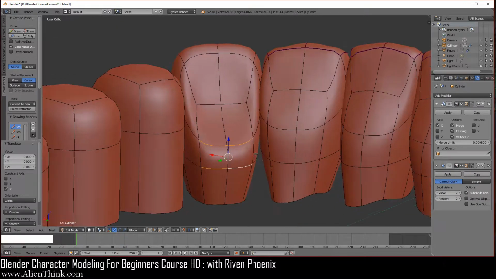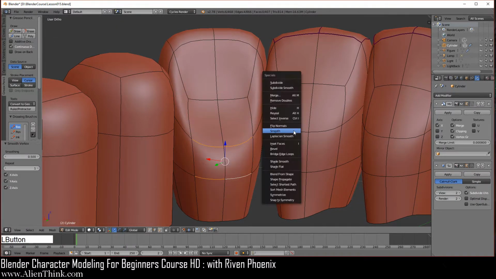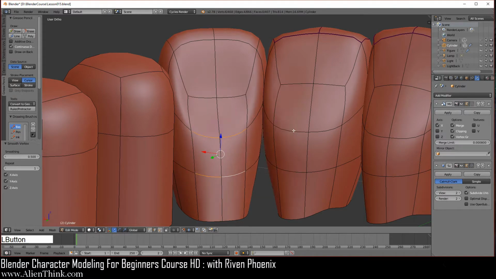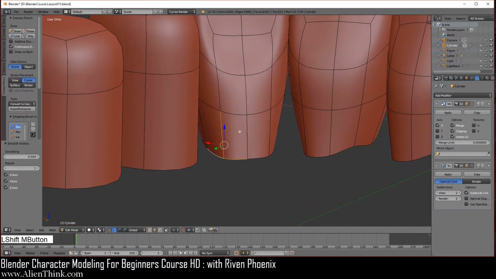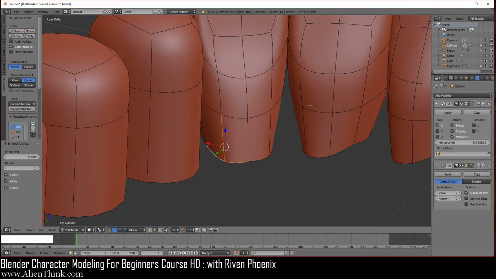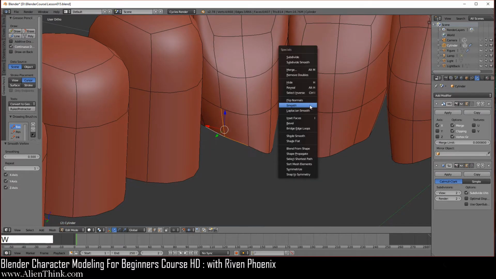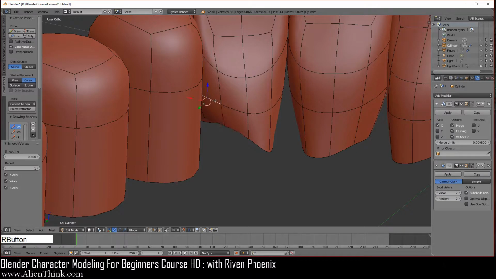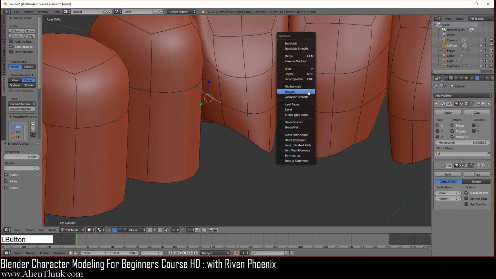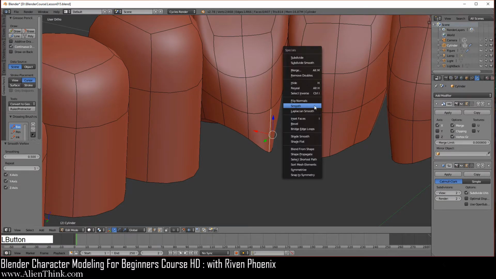I'm just going to rotate over here. You're going to do W smooth 1, 2, 3, 4, 5, 6. Then click on this one, shift key down this and this. So it should be like this whole edge. Do W smooth 1, 2, 3, 4, 5, 6. Click on this one, W smooth 1, 2. Click on this one, W smooth 1, 2.